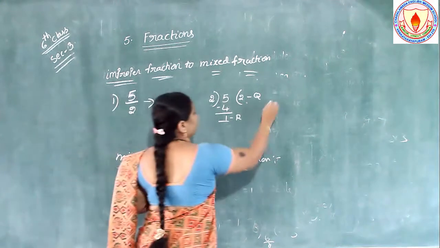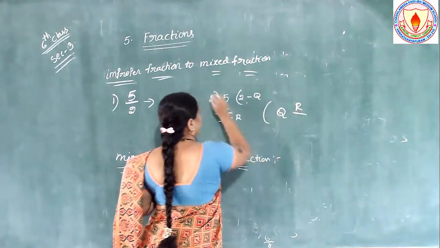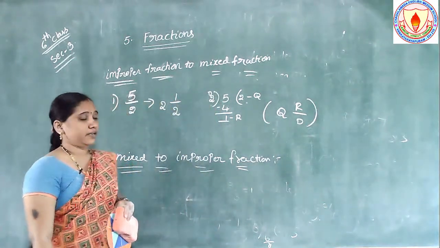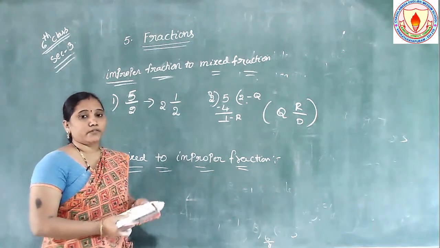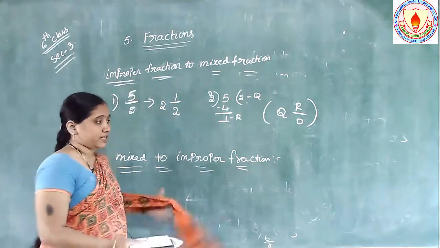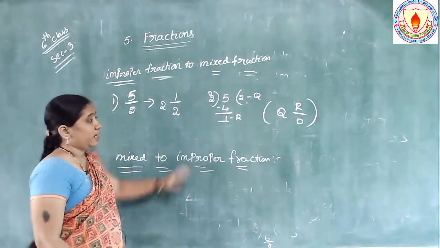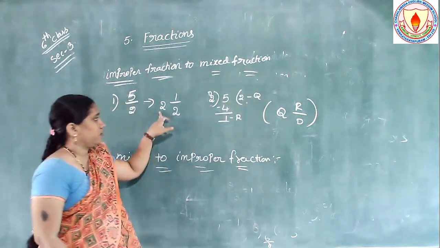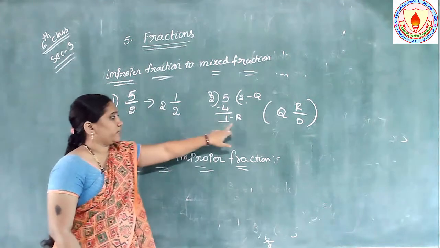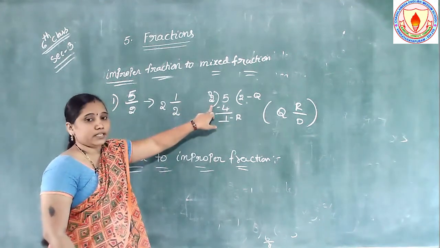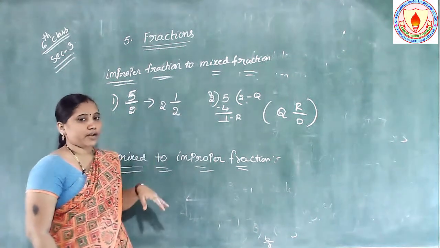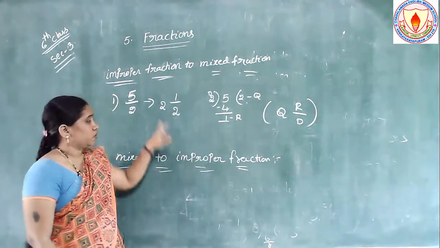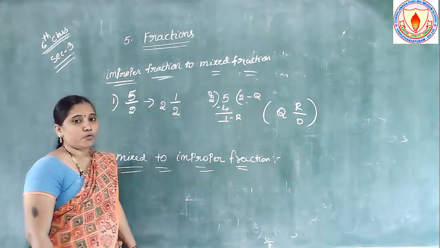దీనికి ఫార్ములా కూడా మీరు రాసుకోవచ్చు. Q R by D, D అంటే divisor here. Q means quotient, R means remainder, D means divisor. So to convert improper to mixed fraction, you have to do the division. Division cheyali. In division when you get the quotient and remainder like this, you write first the quotient. What you get here, quotient 2, and the remainder 1 by, what is the divisor here? 2. 1 by 2 is the fraction. Quotient ni whole number kinda rayali. These two numbers you write as the fraction. So the mixed fraction value is 2 1 by 2.